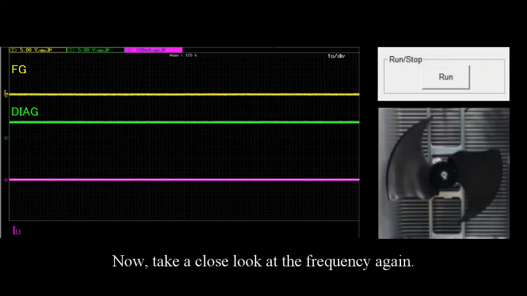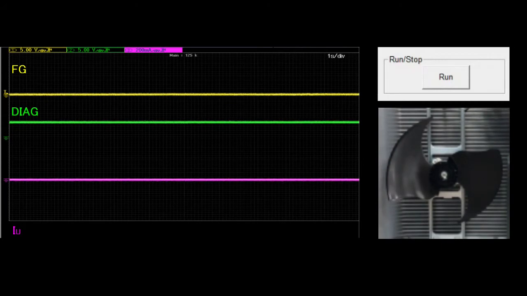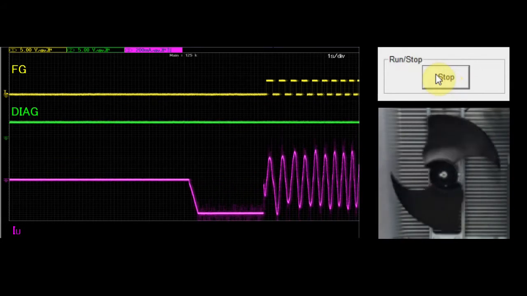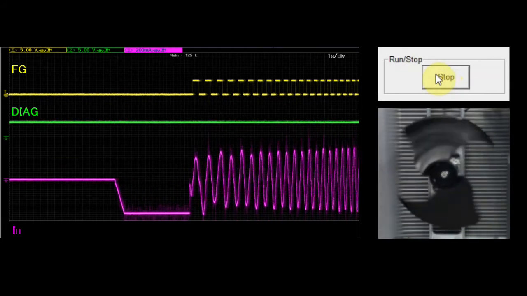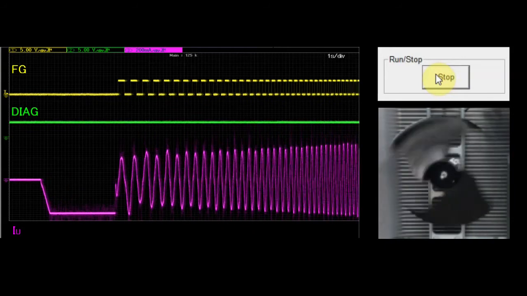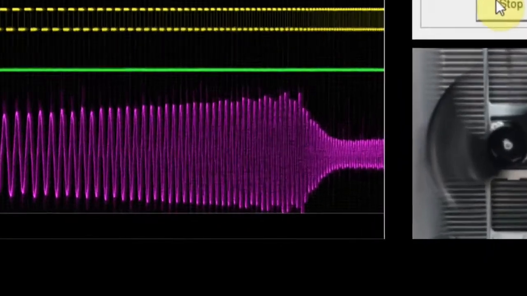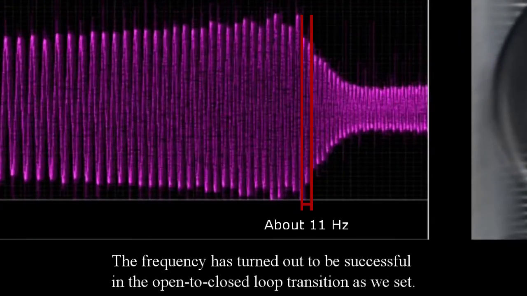Now, take a close look at the frequency again. The frequency has turned out to be successful in the open to closed loop transition as we set.